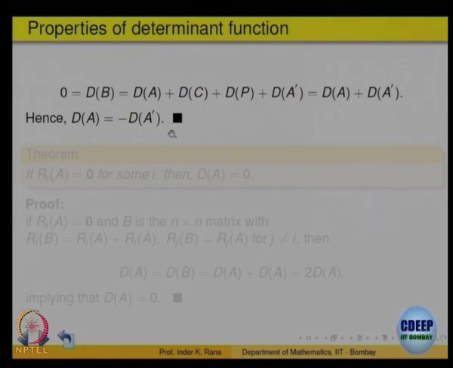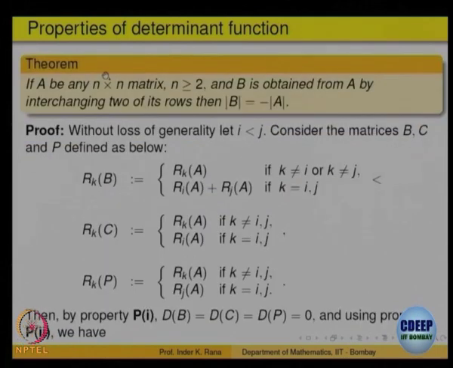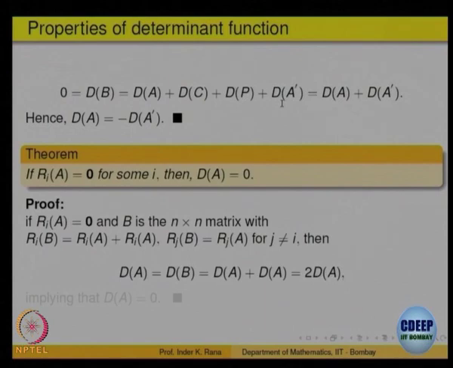That is minus D of A dash. So, we have used the first two properties, namely if two rows are identical, then it is 0. If there is a linear combination, you get the linear combination of the corresponding matrices. So, using only those two properties, we have proved the theorem, namely if you interchange any two rows of a matrix, then you get a negative sign. The negative sign is introduced in the value of the determinant, and this is purely without expanding or doing anything. We have just used those three properties, right. Okay. So, is it clear?